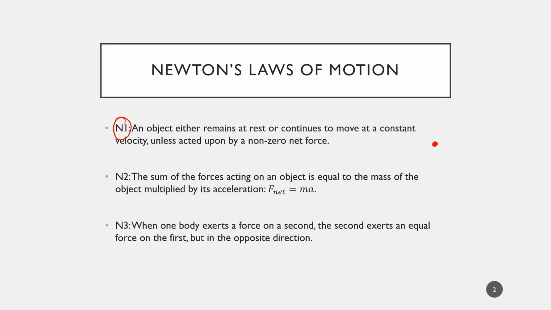The object doesn't care whether it's being pushed or pulled. All it cares about is the size or magnitude of the force acting on the object and in what direction. It doesn't have any idea of where that force is coming from. It just knows that a force is being applied to it in some way. So the basic idea of Newton's first law is that you could be pushing or pulling